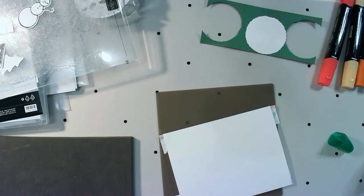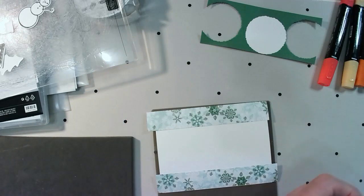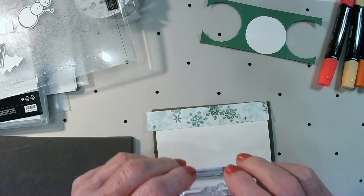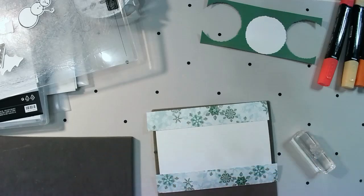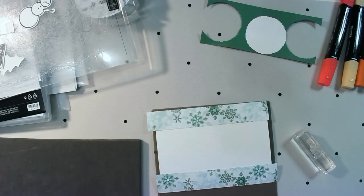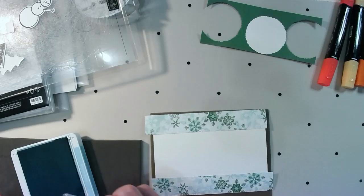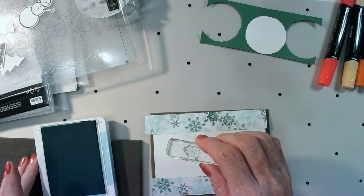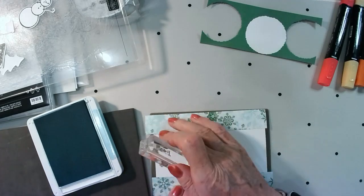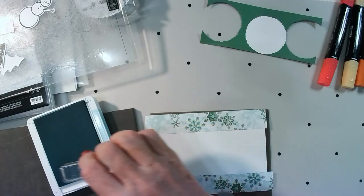So while we're waiting for that to dry, we're going to turn this over. We've got this lovely little stamp that is just little dots, and we've got some balmy blue ink, and all I'm going to do is just put these little dots all over here just randomly,